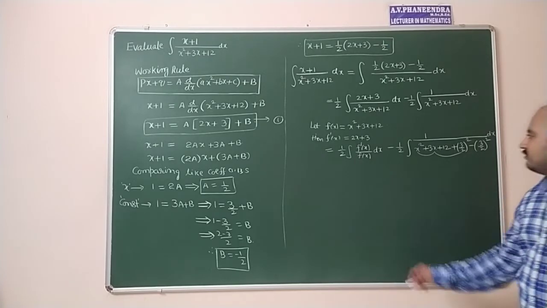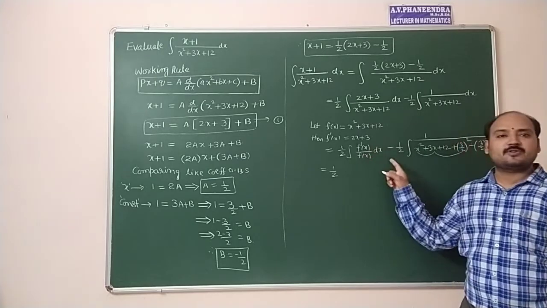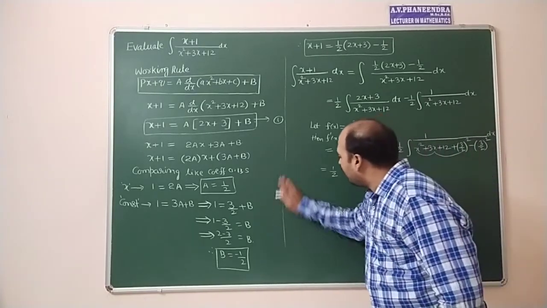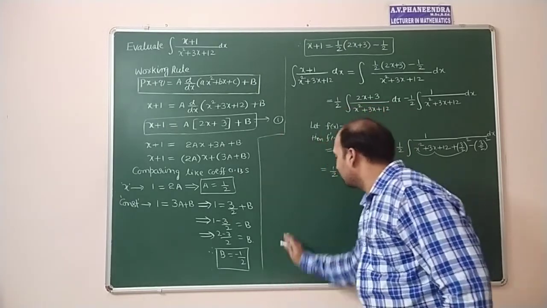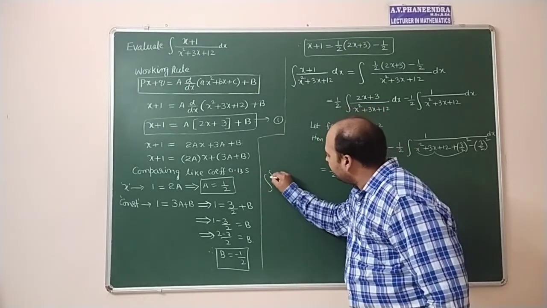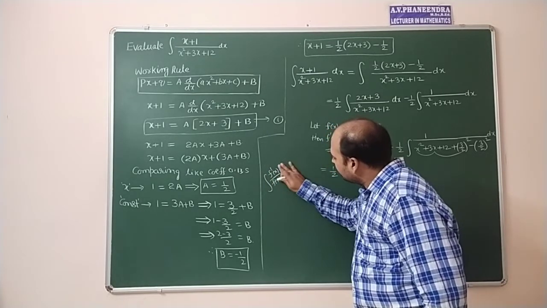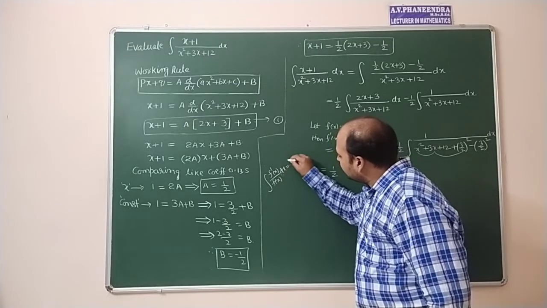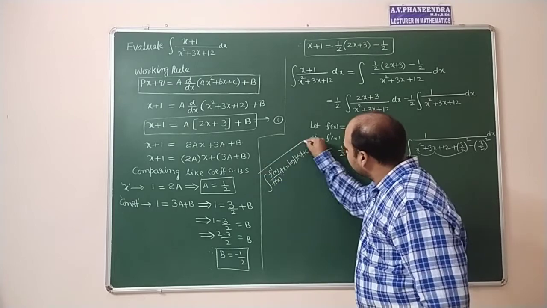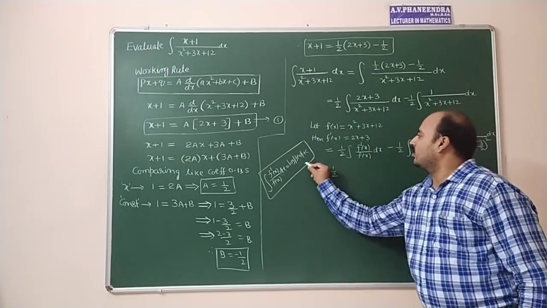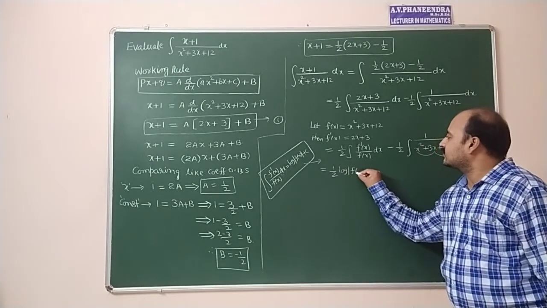Now x square plus 3x plus 3 by 2 whole square is the expansion of x plus 3 by 2 whole square. 1 by 2. It is in the form of integral f dash of x by f of x, which means log mod f of x. We have the formula here: integral f dash of x by f of x into dx is equal to log mod f of x. This formula we are going to apply now here. Half into log mod f of x